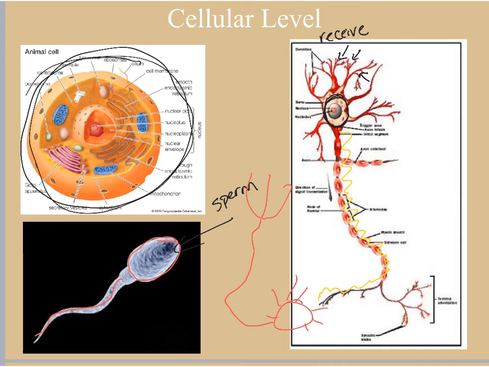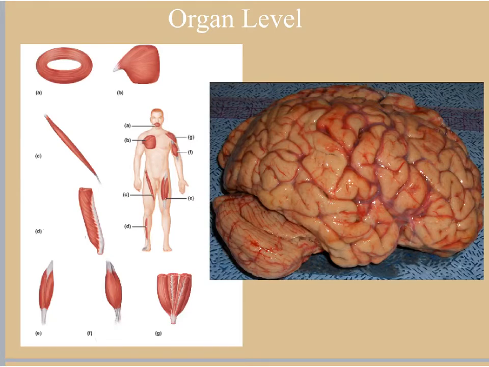So you see that information transfer occurs from the number 1 cell down to the number 2 cell. There might be another nerve cell waiting right here to receive that information. So you can see how that structure correlates directly with the function of transmitting information from one area to the next. It's a really cool relationship we see at the cellular level, and it's one we also see at the